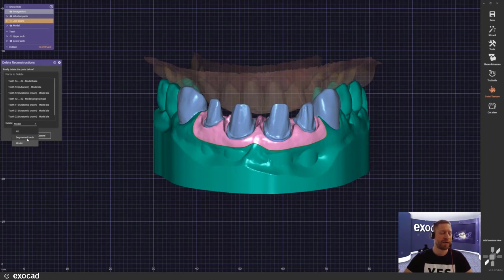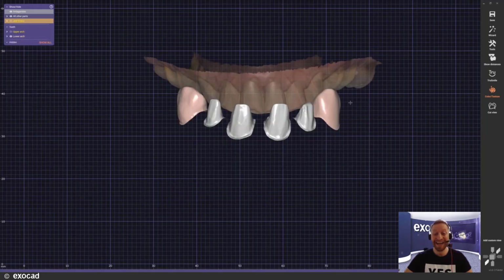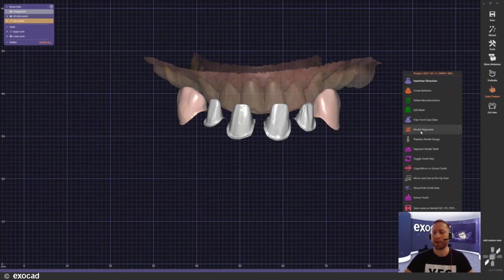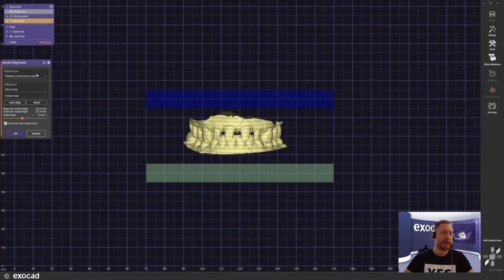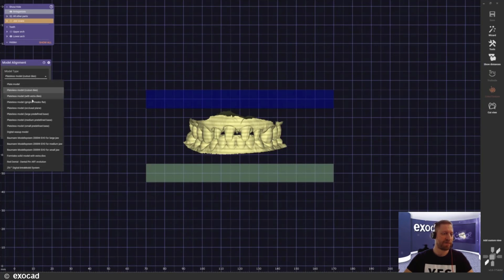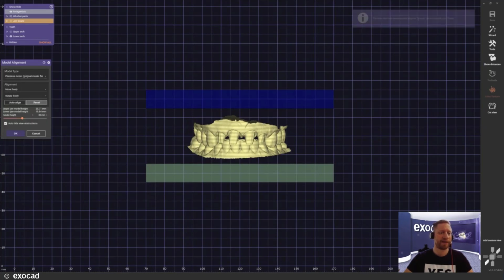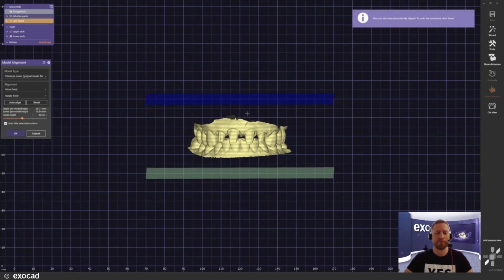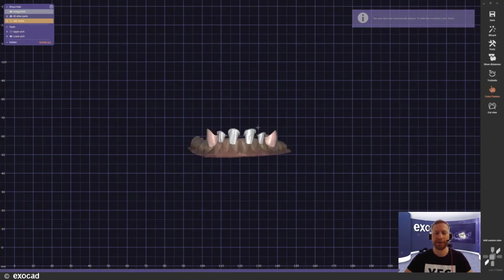We don't need the segmented teeth. That's absolutely all right. We just choose the model. We click on OK. It is deleted automatically. That's fine for us. We make another right click, go to the model alignment. And here we have a different option available. It's the flat gingiva mask. And you can see nothing really changes here for us. So I just click OK, the orientation, everything will be calculated again for us.